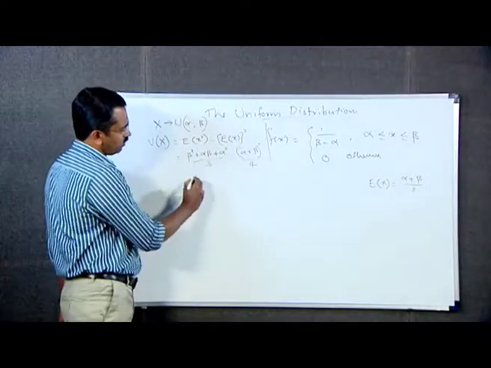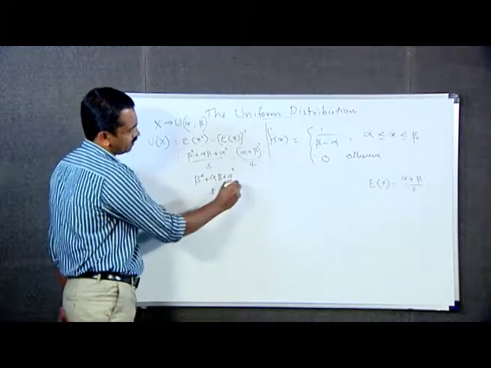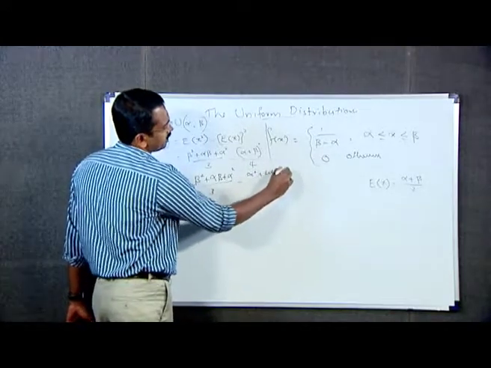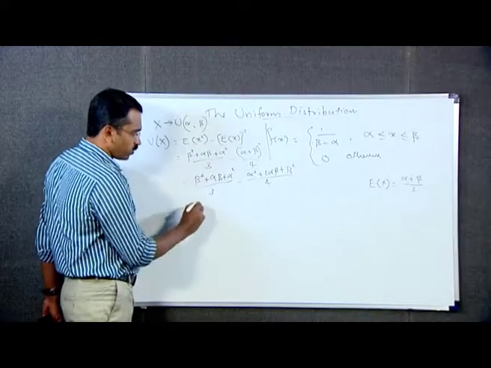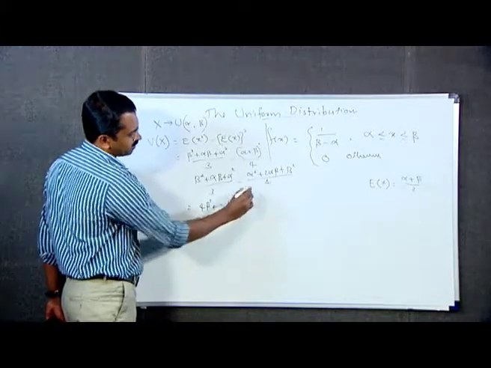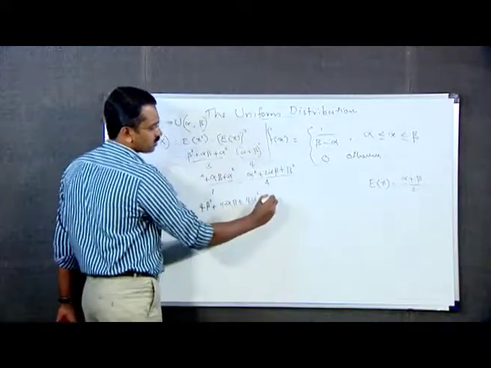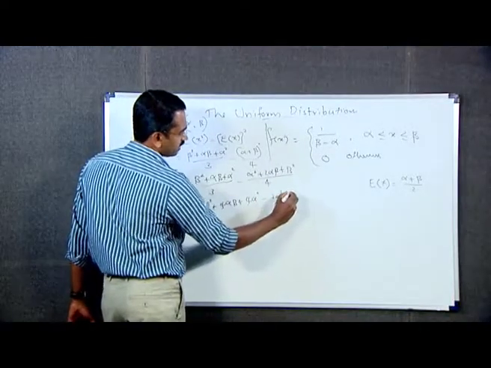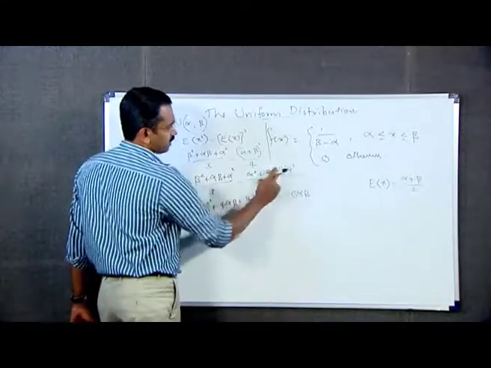This is equal to beta square plus alpha beta plus alpha square divided by 3 minus alpha square plus 2 alpha beta plus beta square divided by 4, which is equal to 4 beta square plus 4 alpha beta plus 4 alpha square minus 3 alpha square, minus 3 into 2 alpha beta is minus 6 alpha beta, minus 3 beta square,